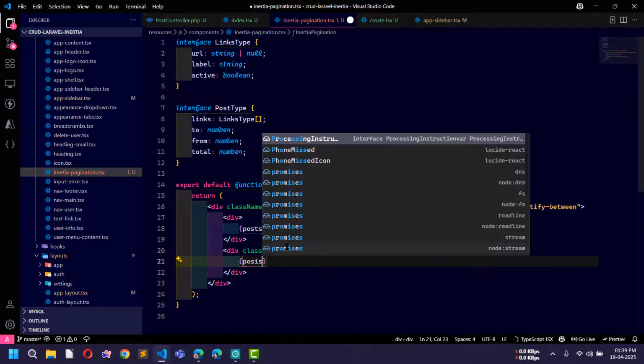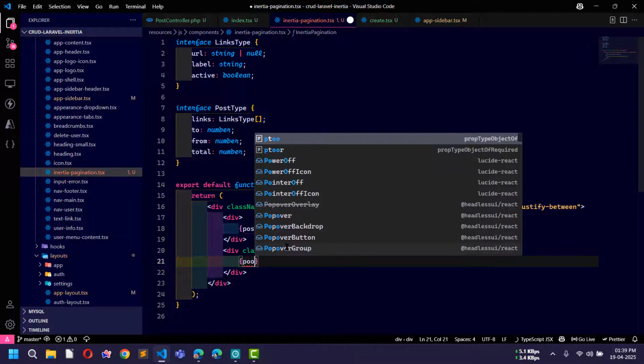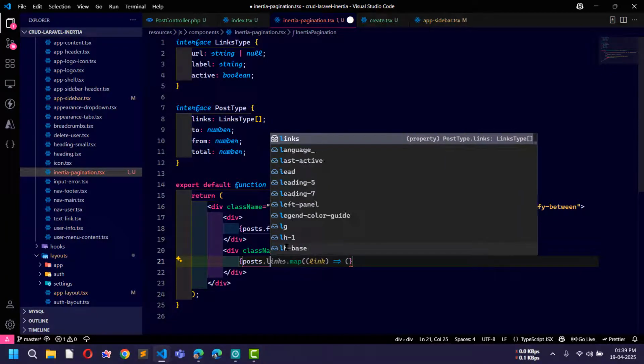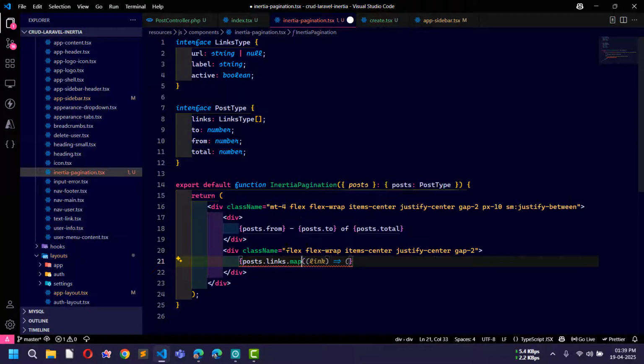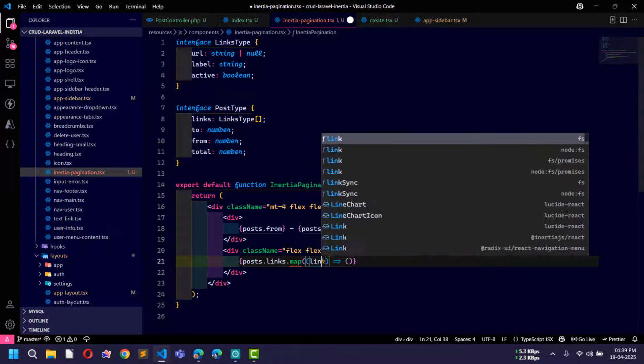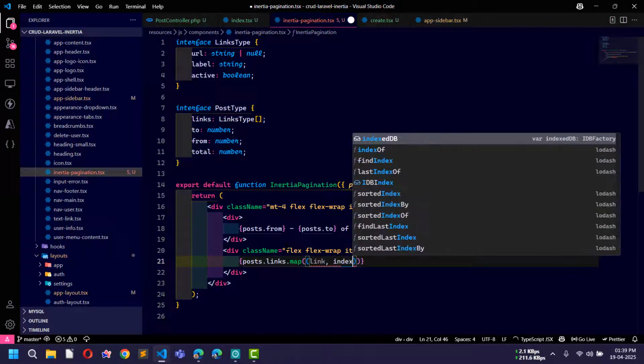So posts dot links dot map, and then here we will use link and